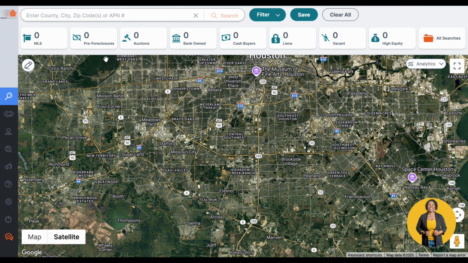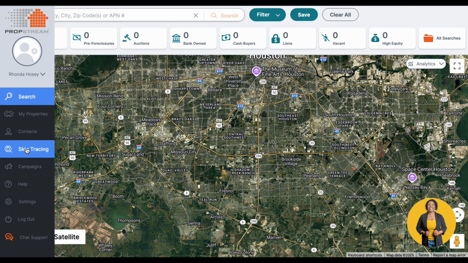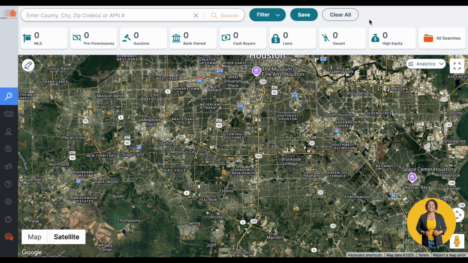Okay, so stick with me again. PropStream.com. You go to the website, you're going to be able to log in. You're going to see it look just like this. At the top, out the gate, the MLS, pre-foreclosures, auctions, bank-owned, cash buyers, liens, vacant, high equity, right? All of these tools are right here in front of you. If you come to the side, skip tracing, campaigns, all of that stuff is going to be in one platform. I know a lot of people use a lot of other software, but today I'm going to break down PropStream,